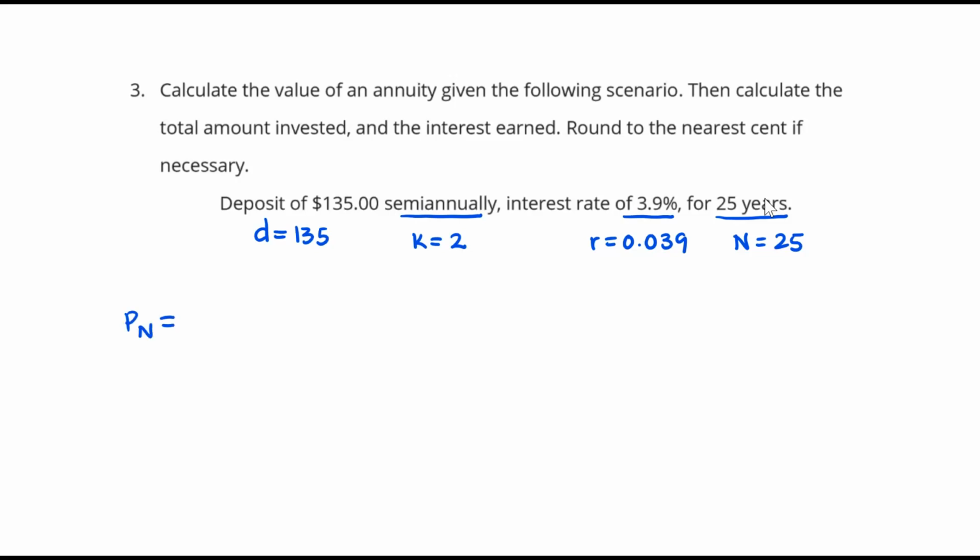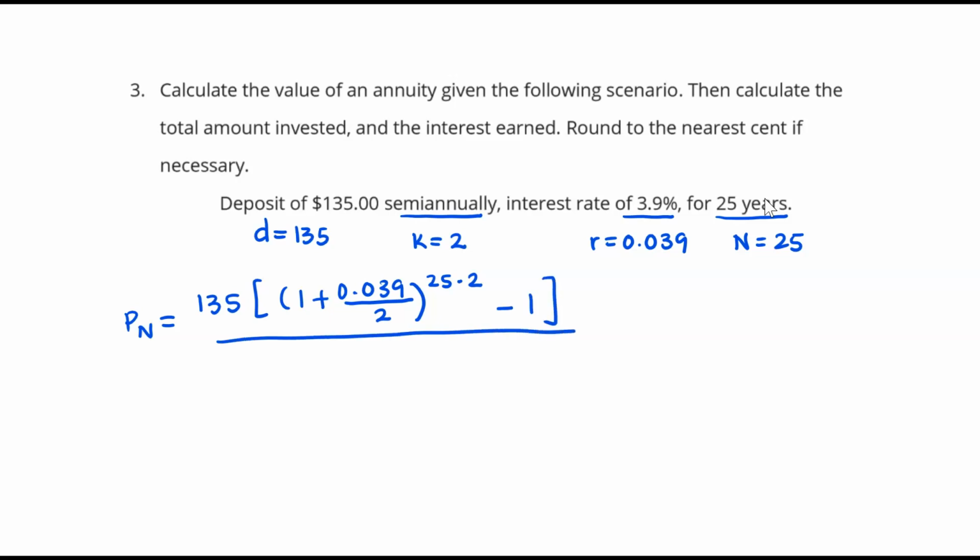P sub n is 135, that's your D, quantity 1 plus R, 0.039 divided by 2, number of compounding periods, raised to number of years, in this case 25, times the number of compounding periods, which is 2, minus 1. All over